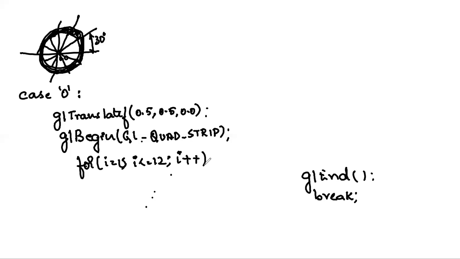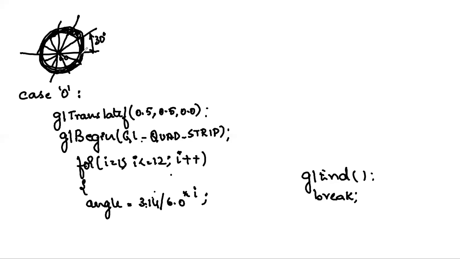Now we need to calculate the 30-degree angle here. Angle is equal to 3.14 divided by 6.0 into i. So that is 30 degrees. Initially i is 0. So here at 0th position, at 1 it is 30, 60, 90. So it will go on until it generates the O for us. So this is the angle which we are going to define.